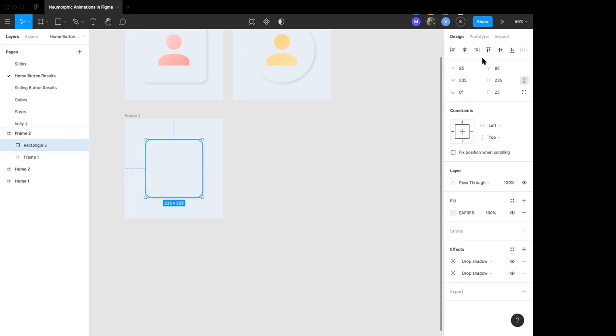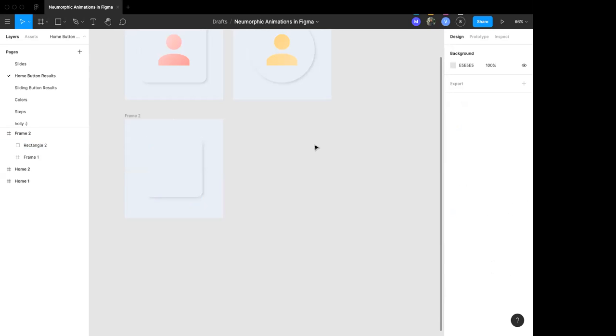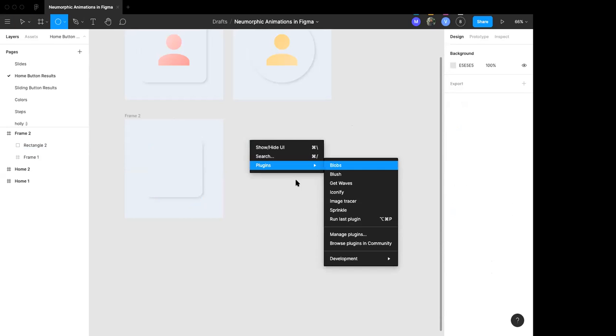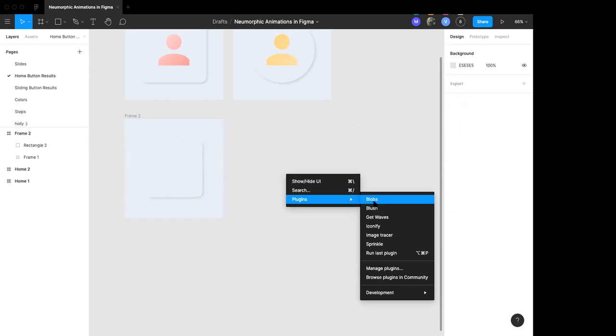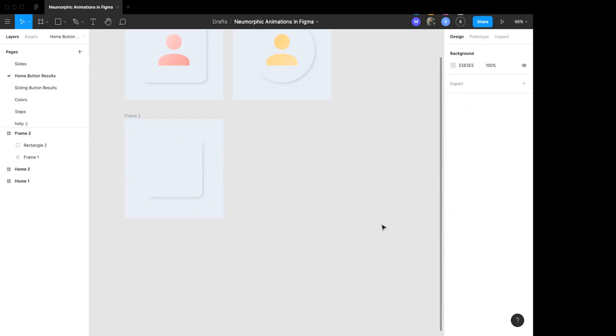And then that is your first, that's your little, we're like halfway there. So to make this an icon, you can use a plugin. If you don't have a plugin installed and you don't want to really install one right now, just for the sake of doing this activity, you could just make a circle and put it in there, and that can be your icon. I'm going to use Iconify,